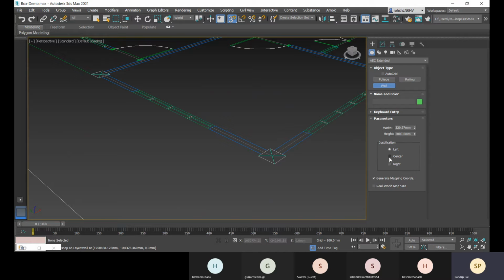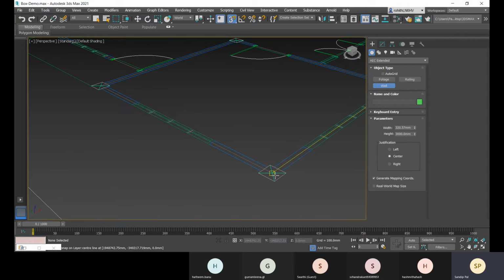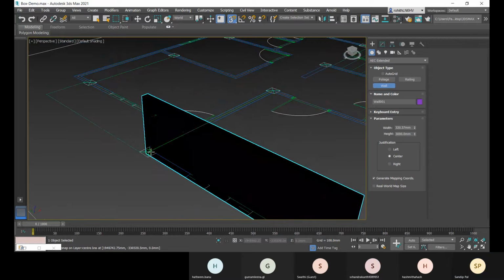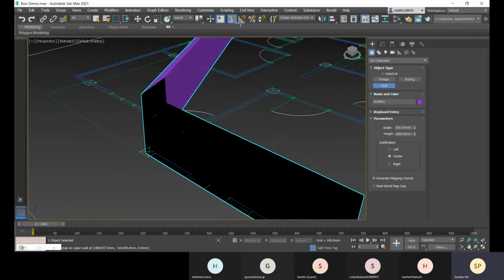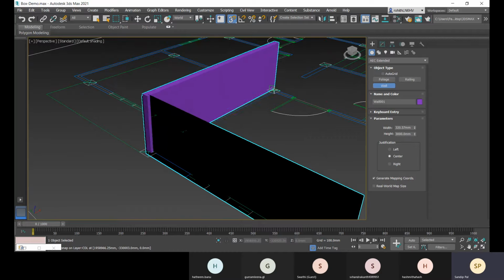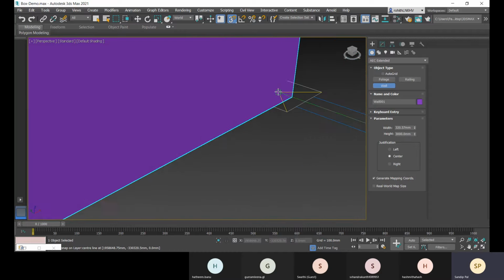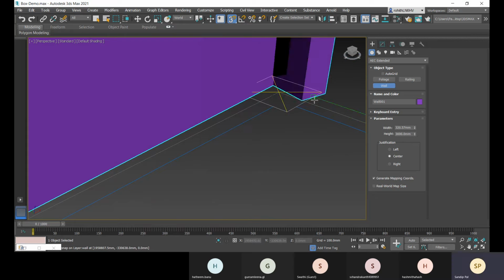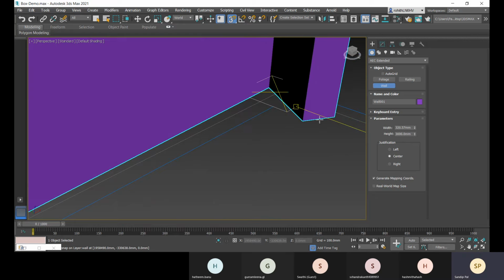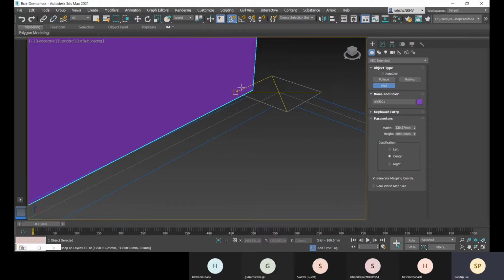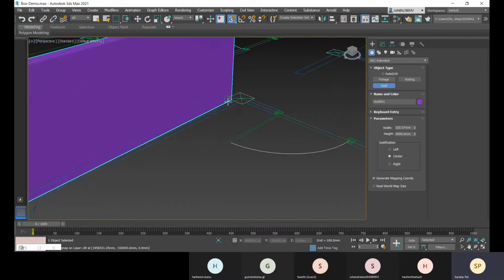Now let me go with the center. I have this center lines, and you will have this snap points. I have this snap on. S is the shortcut for snap. And if you've done anything wrong, you can go for backspace to undo it.